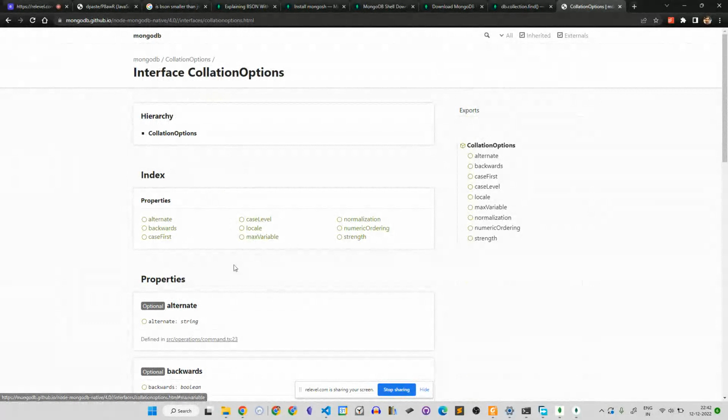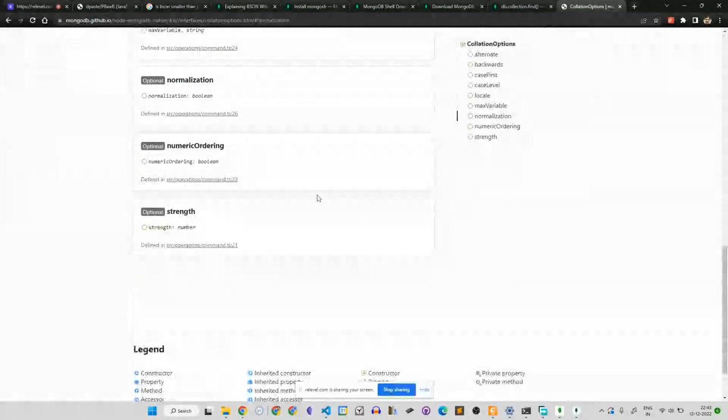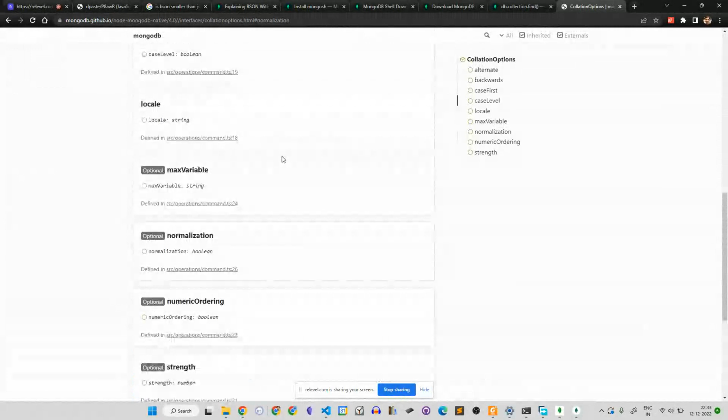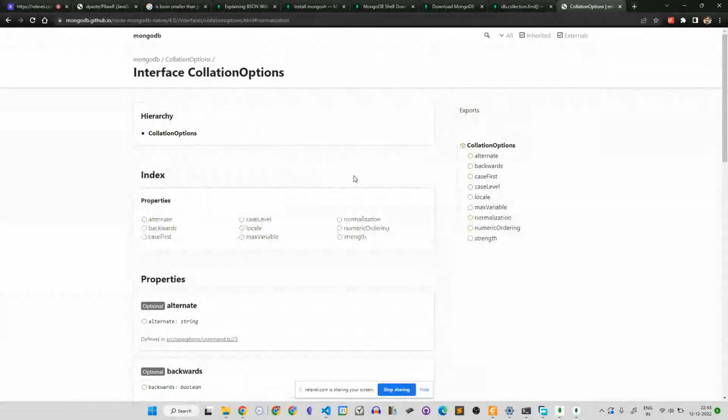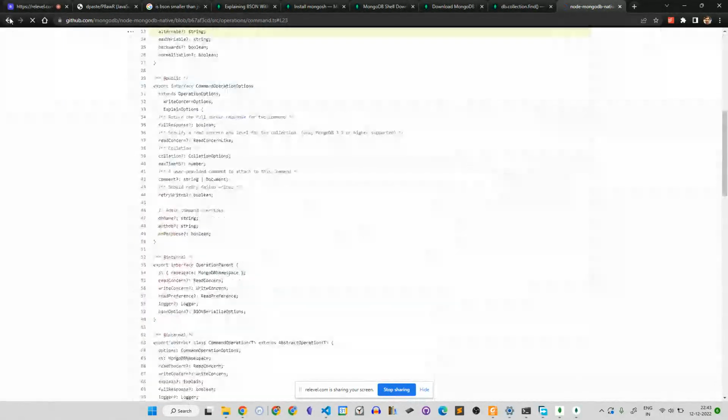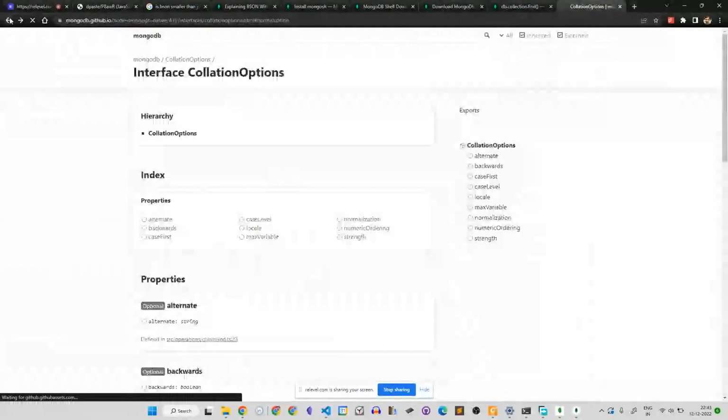Case level, locale, max variable. In this, there is normalization, strength, max variable, level, alternate. Collation options defined in command start operation. Why is this not giving? Just a second.